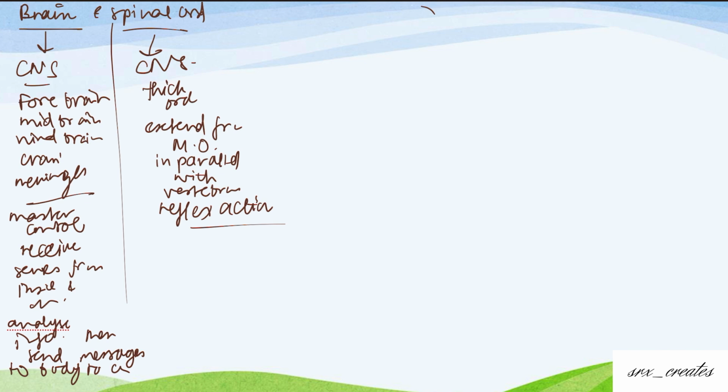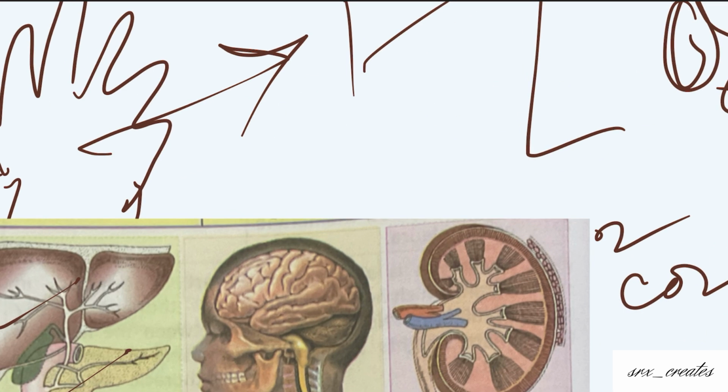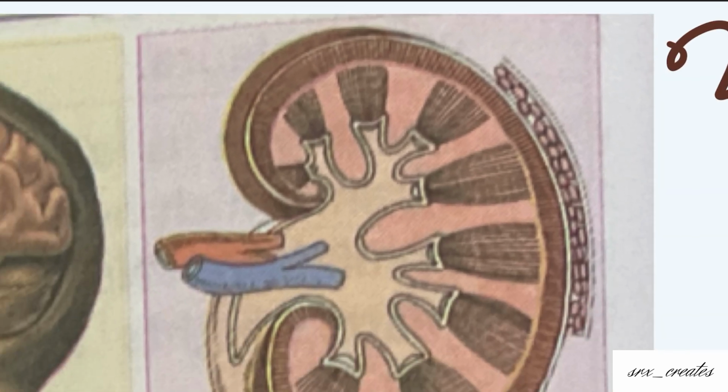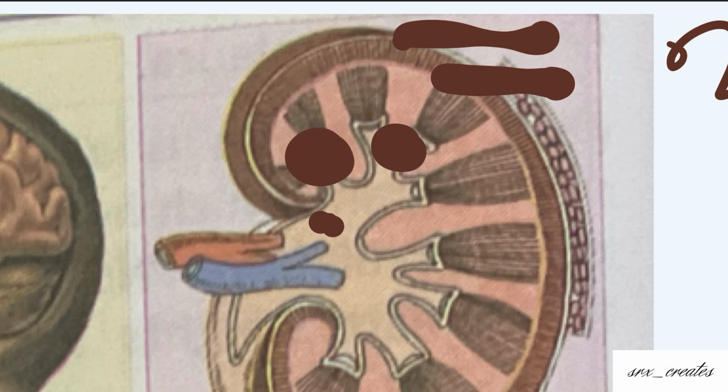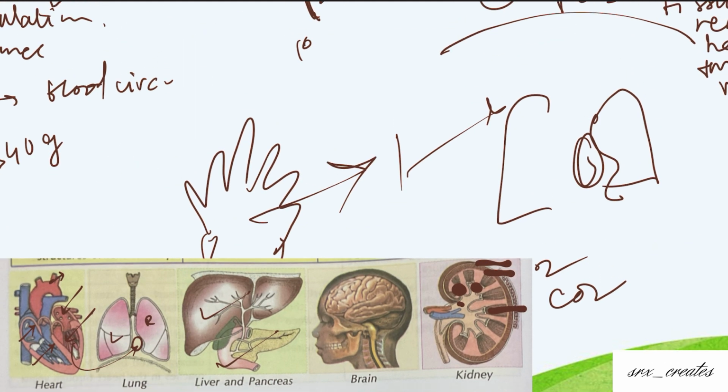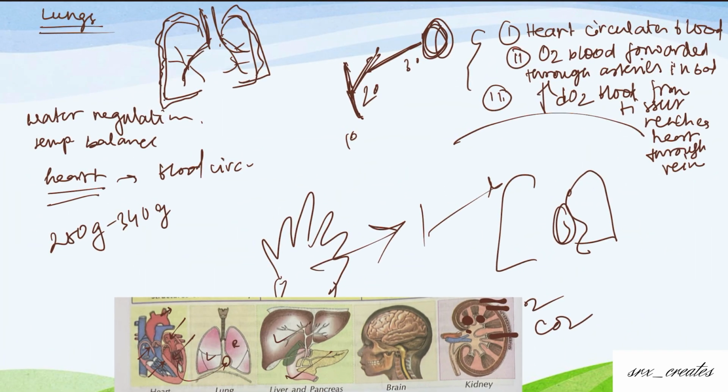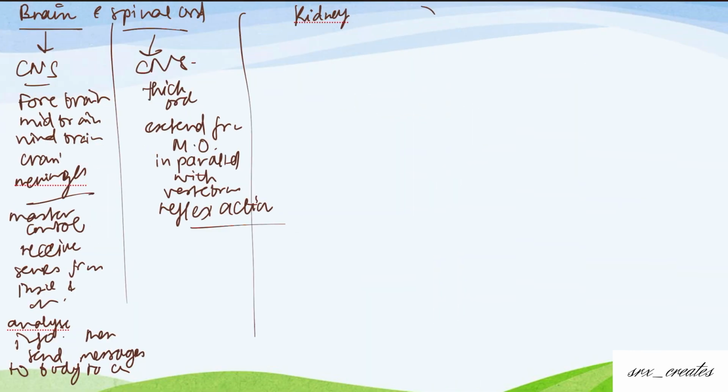Done? Kidney. Very important one. This is minor calyx, major calyx, cortex, medulla, columns of Bertini. Okay, that's just labelings you will learn later. I knew this, so I just gave you this small information.